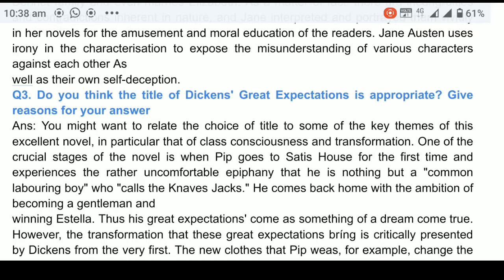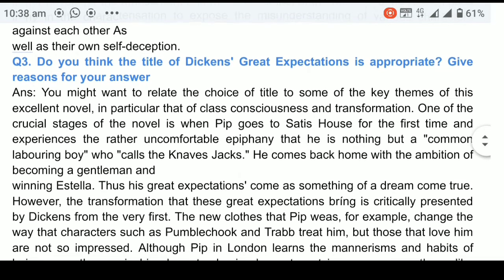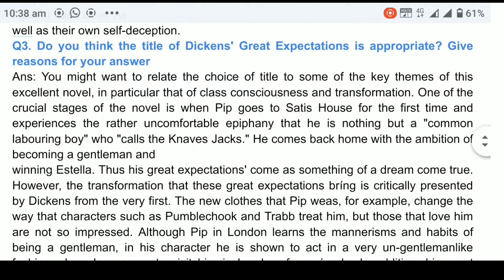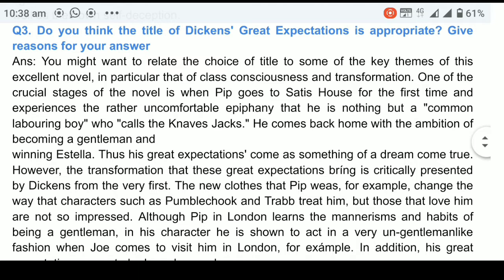Jane Austen uses irony in the characterization to expose the misunderstanding of various characters against each other as well as their own self-deception. So friends, till here your second question was done, and now we begin with our third question, which is,